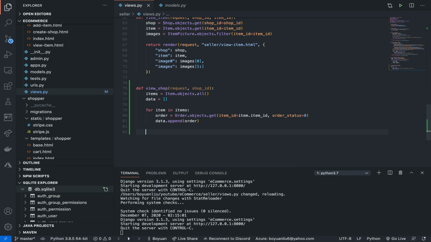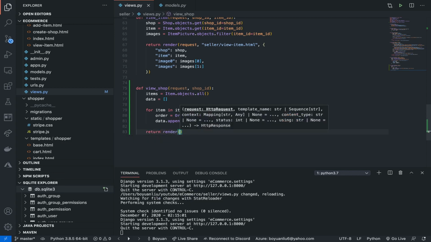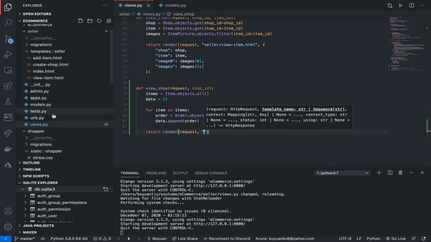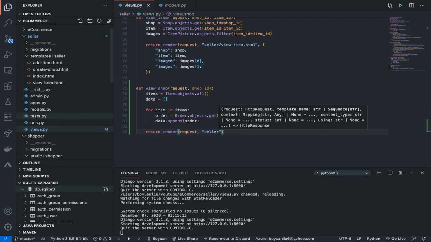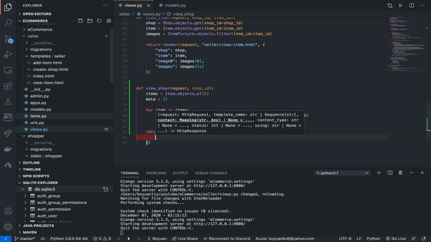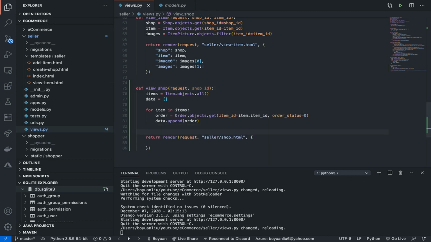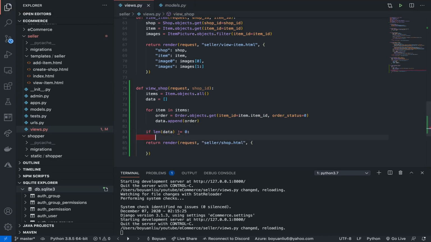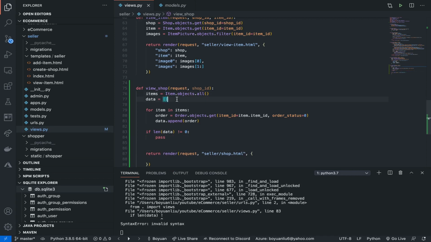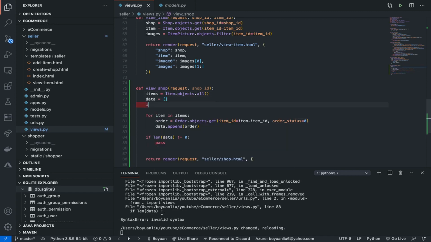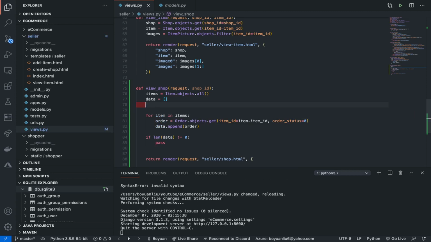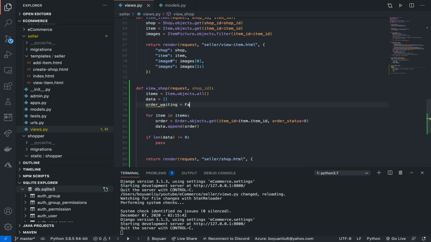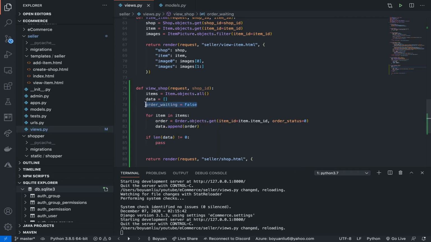And then in here we'll want to say return render request, and then it's gonna be seller.shop.html. And in here we'll say if length of the data is not equal to 0, that means they do have some items that they need to worry about for selling. So in here we're gonna say order waiting equals false. Otherwise,